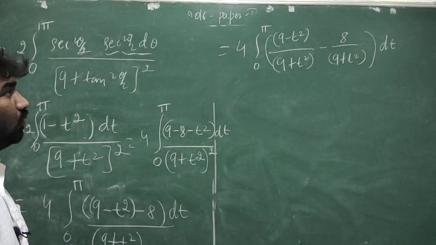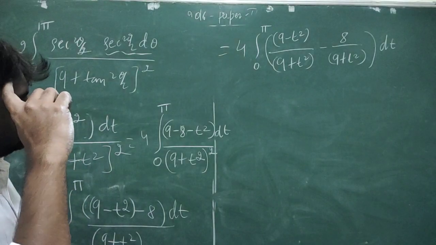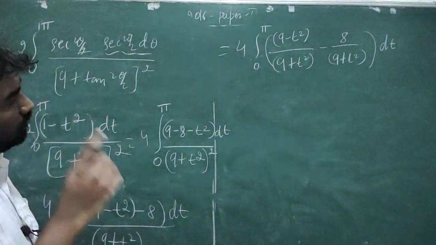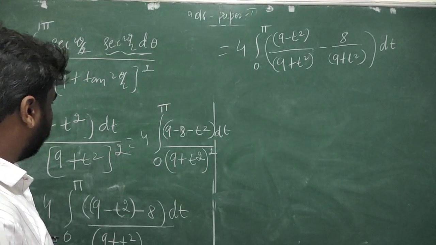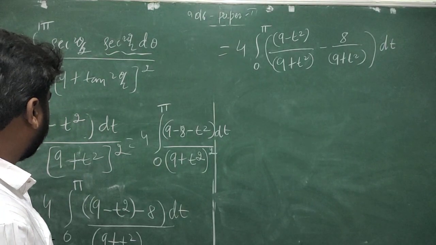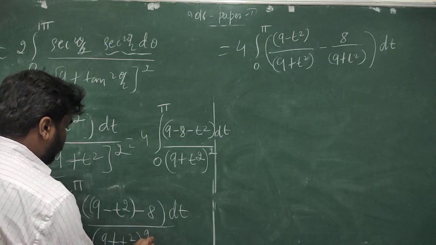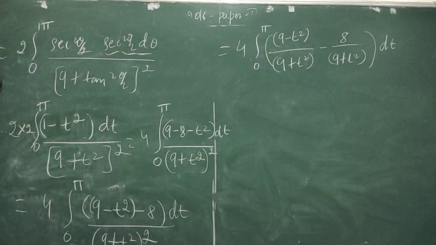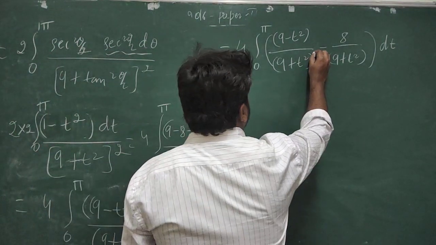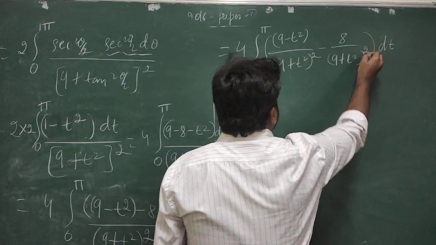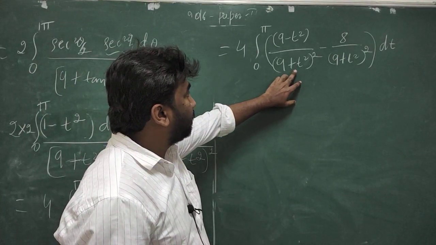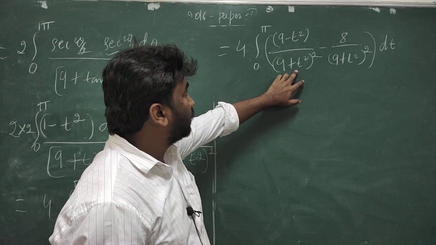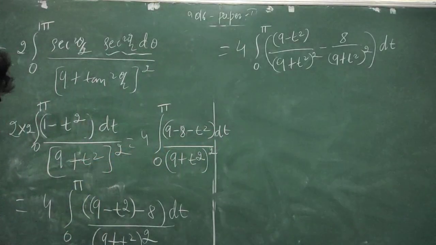Okay, so whole square is there. So this can be written as 9 minus t square